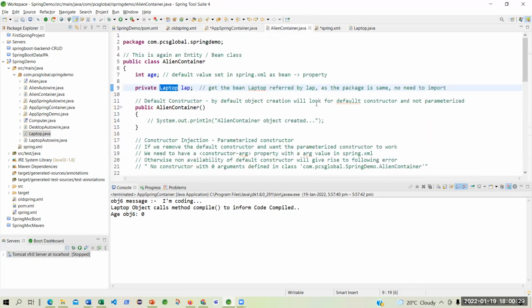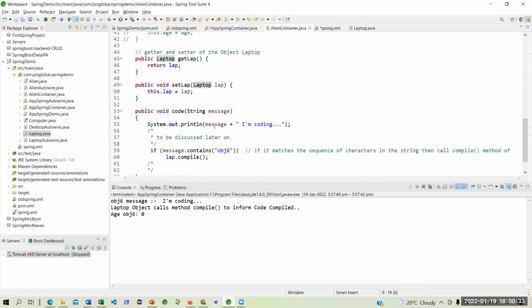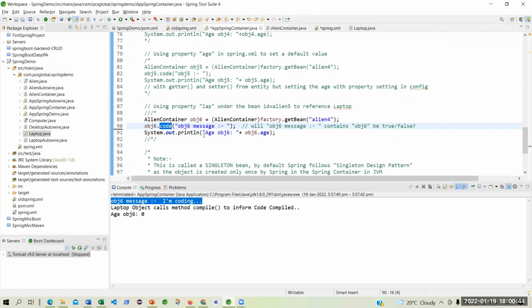What does the code of align container say? It is saying that I will print the message I am coding. So it is said I am coding. So this part obj6 message is nothing but obj6. You see obj6 message. Yes, sir. I am coding.